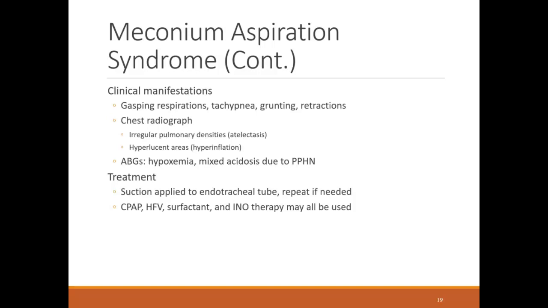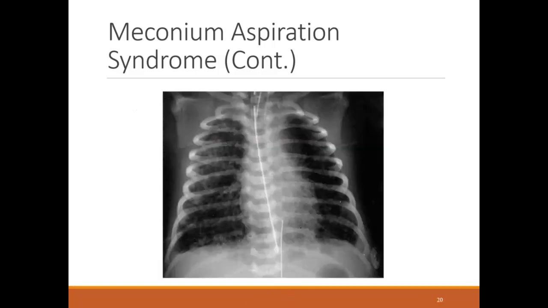Remember, the bedside indication for PPHN is a pre and postductal sat difference of greater than 10%. If I put a preductal SpO2 monitor on the right wrist, and then put another pulse ox probe anywhere else, I will have a pre and postductal. The right wrist is preductal, everywhere else is postductal. If there's a 10% difference between the two, that usually indicates the patient has PPHN, and you should start nitric. This is an example of a chest x-ray of a patient that has